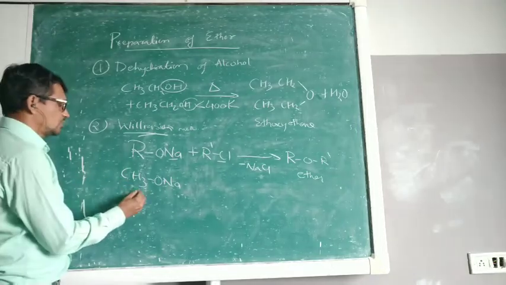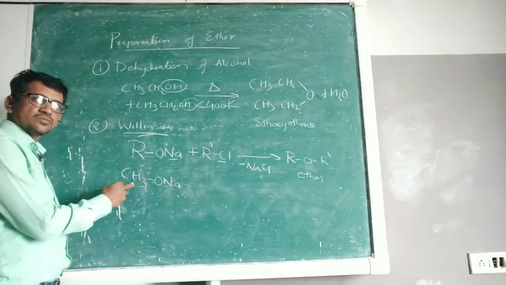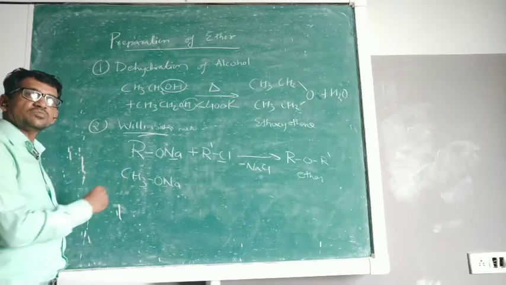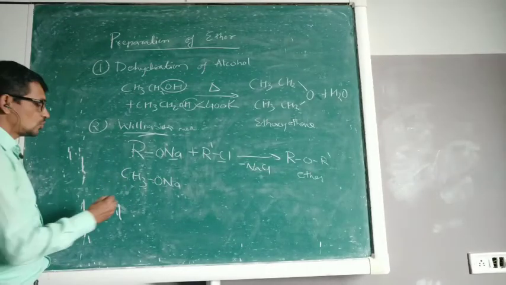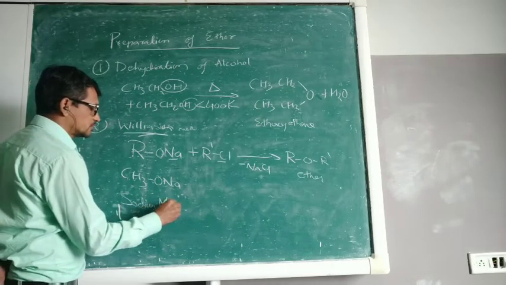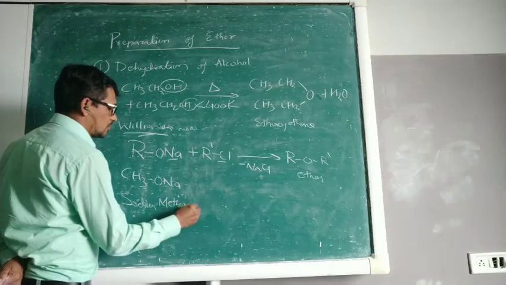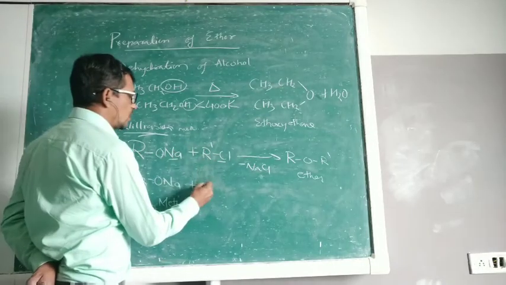CH3ONa. The name of the compound: one carbon, so it is methyl, OH, then it is methanol. So it is the sodium salt of methanol, sodium methoxide. When it is treated with 2 carbon,